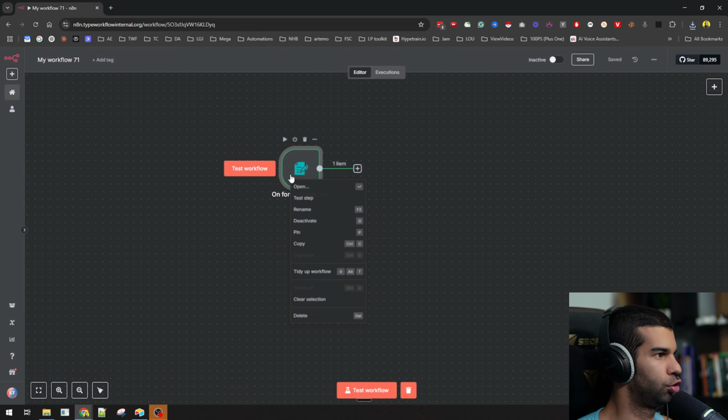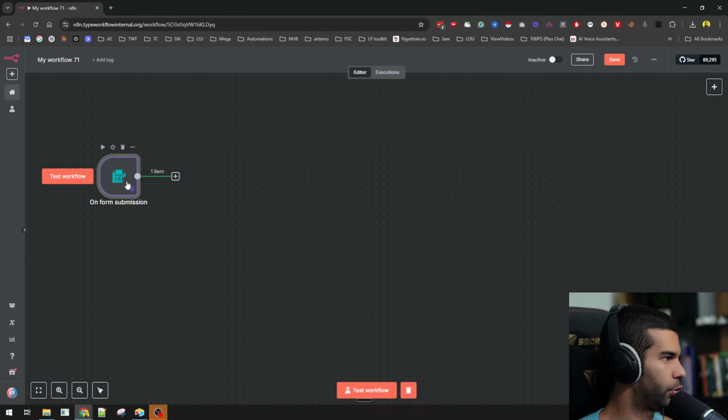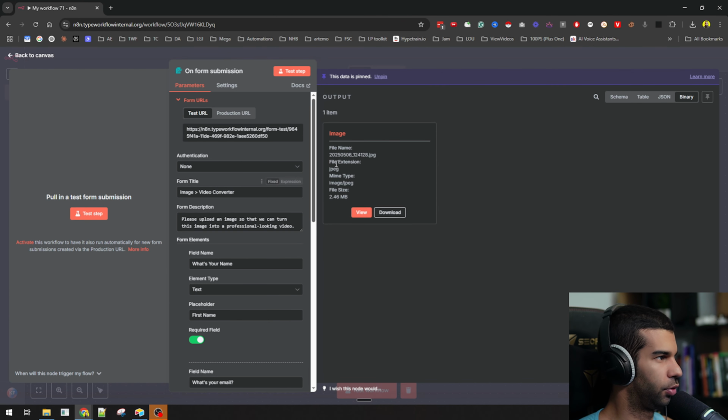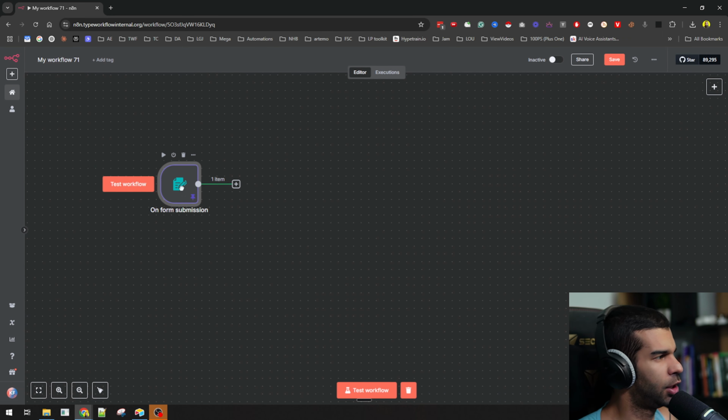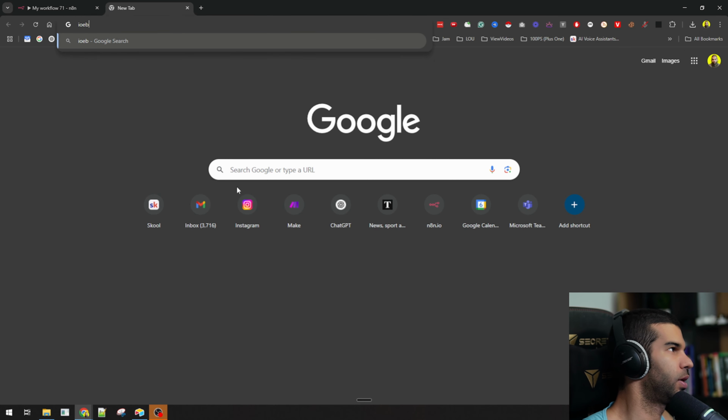The first thing I'm going to do is just pin the data so that I don't have to keep resubmitting. And if I hit view, we can see that there is the black Yamaha R1 in that image right there. Now, let's first create the professional looking image based on this. And to do that, we're going to use OpenAI